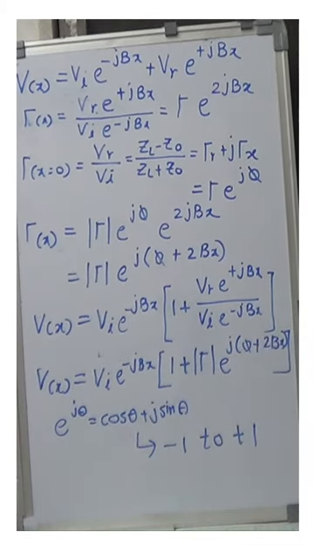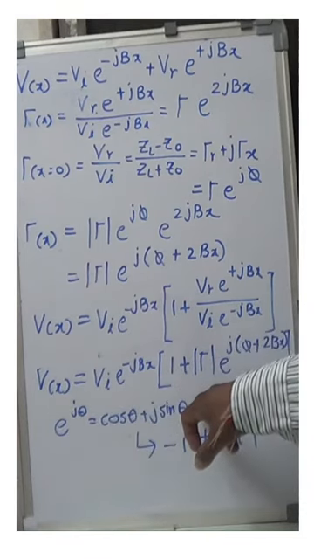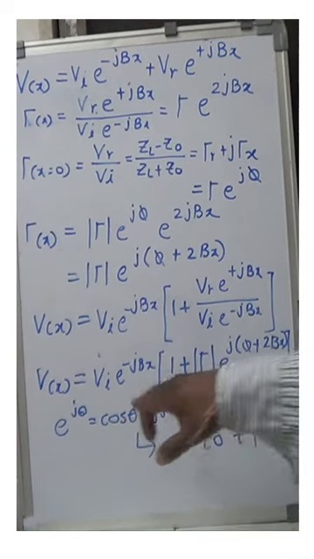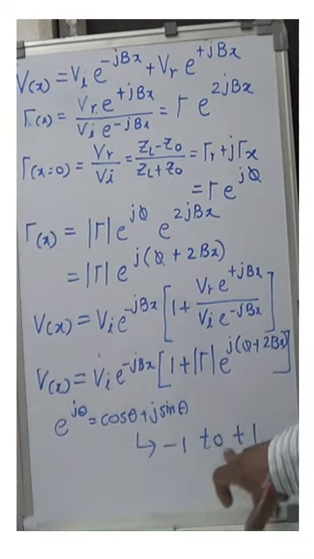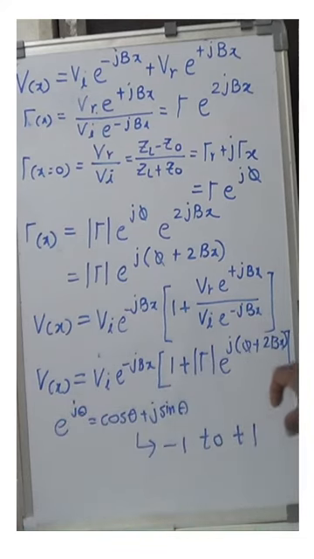Now since we are going to define maximum and minimum terms, and the distance between the V maximum and minimum terms, we require one more thing. What is the maximum value of this e raised to j phi plus 2 beta x? That is what we are going to calculate. As you know, e raised to j theta is cos theta plus j sin theta, and if you put in the values, the maximum values we get are minus 1 and plus 1. So this is the range for e raised to j theta: minus 1 to plus 1. Similarly here also, for the term e raised to j phi plus 2 beta x, the maximum and minimum value is minus 1 to plus 1.